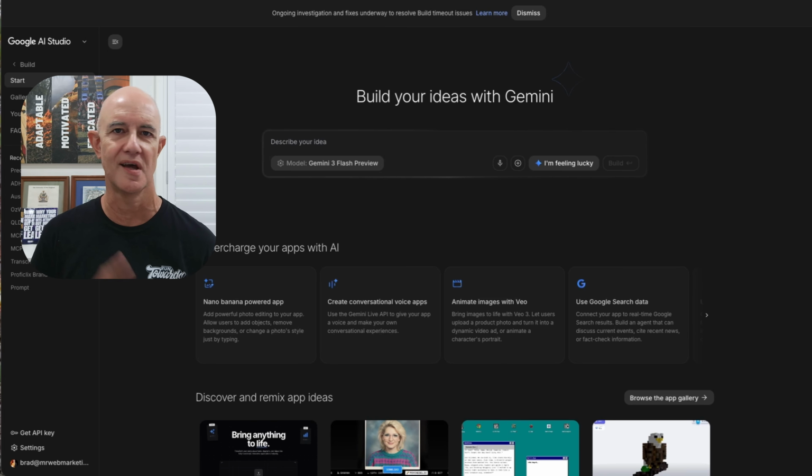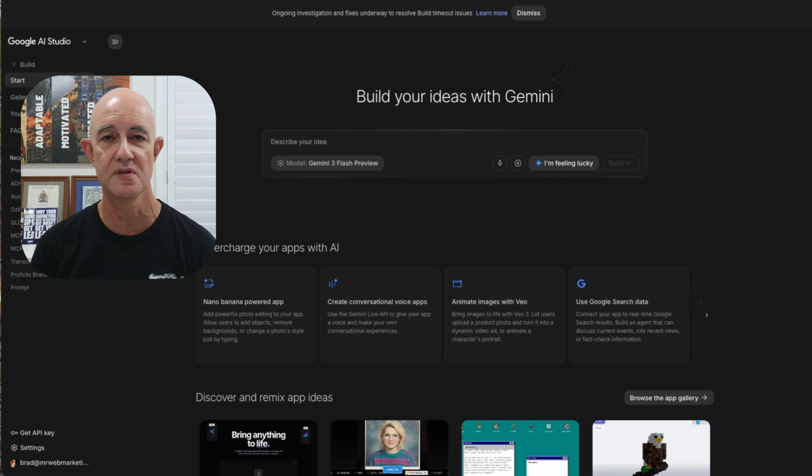You could use Bolt, Lovable, and one of the many other different types of programming tools that are available on the web. But for me, it's about longevity. I look at things and think, well, what if I wanted to build this project and keep it around for the next 5 or 10 years? The chances are Google's still going to be around, whereas some of these other companies could get bought up or shut down. So I've decided if I'm going to work this way, if I'm going to build some tools, I'm going to actually invest my time and energy into learning how to use Google AI Studio because it just makes